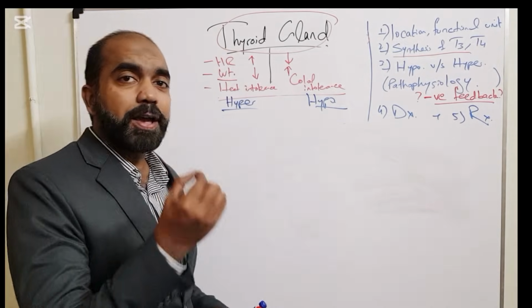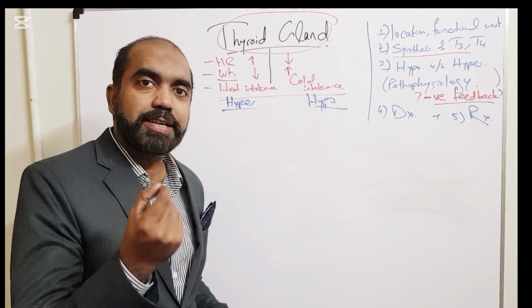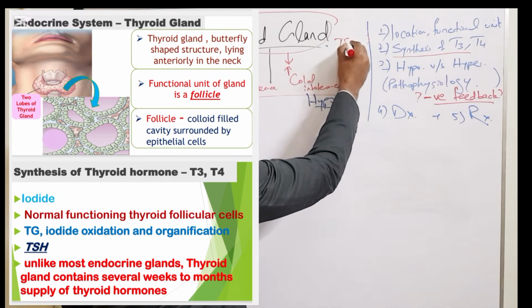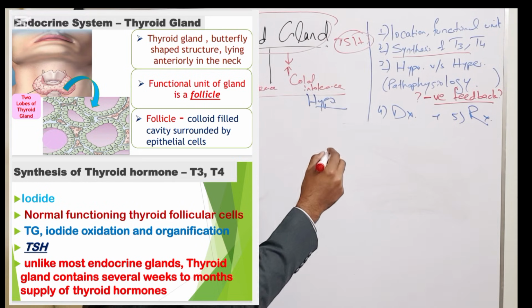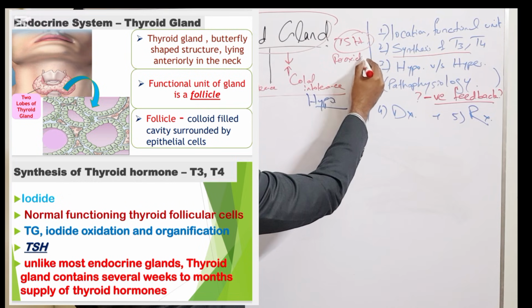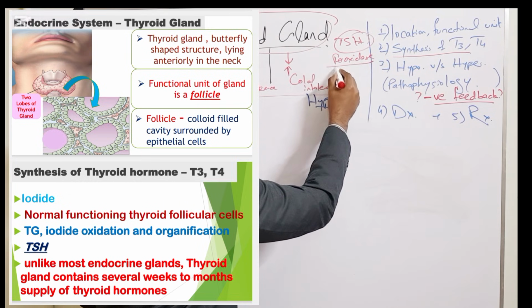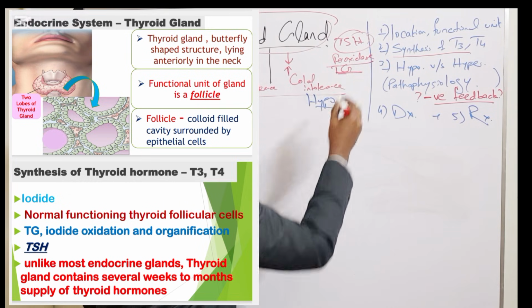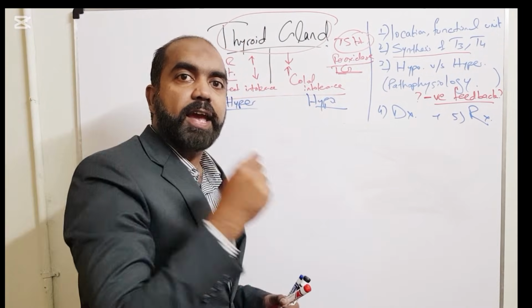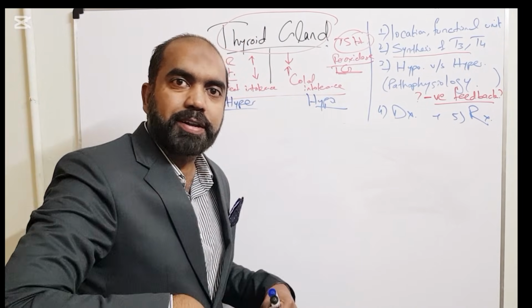So what are the primary or fundamental requirements to synthesize T3 and T4, the thyroid hormones? First of all, of course, all of you must know we need TSH, and there are other enzymes like peroxidase, which is found inside the gland, and the thyroglobulin protein. All of this should be present, and an adequate amount of iodine within the thyroid gland to synthesize these